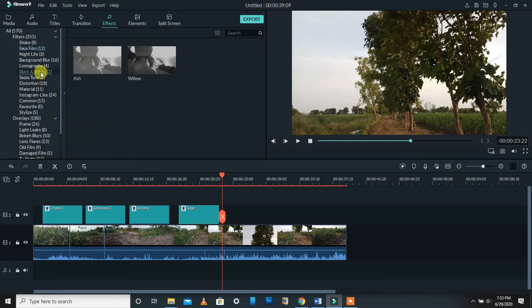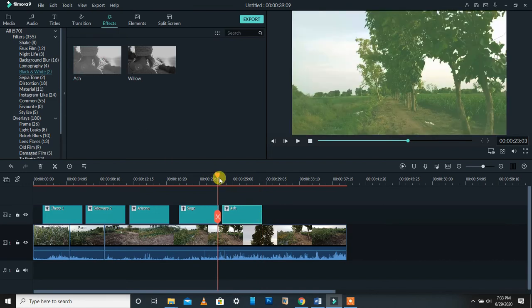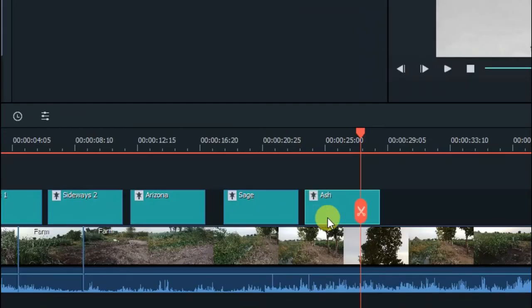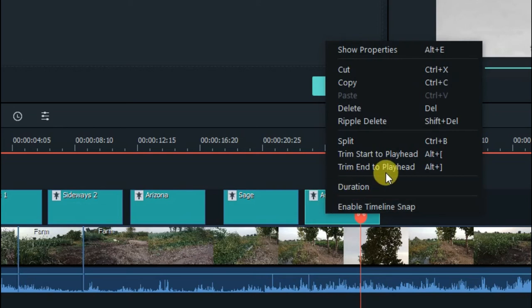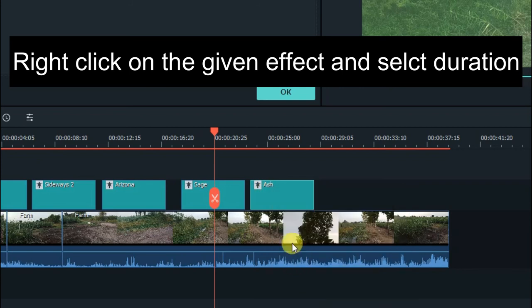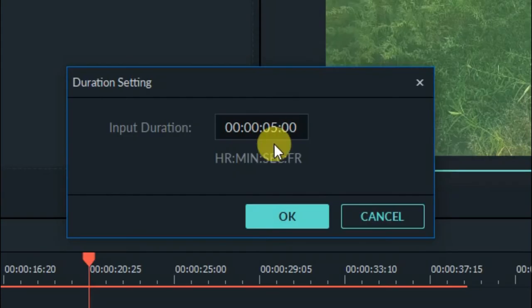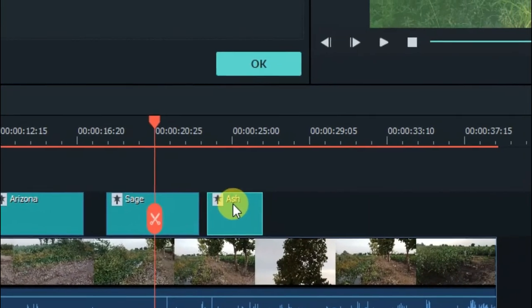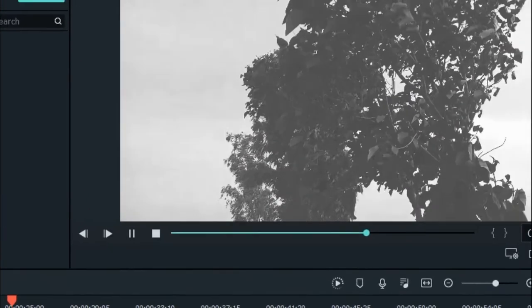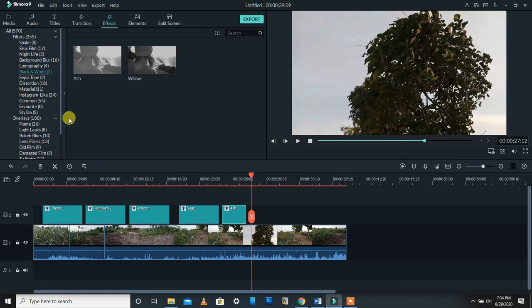If you want to see what are there under black and white effects, so we can see first we bring that effect over the video, and then after playing we can see the whole video is now becoming black and white. We can even change the duration. We can change the effect duration by going to the particular effect, press right mouse, go to duration, and now here we can change the duration from say 5 to only say 3 seconds, and then OK. We can see that effect has now been reduced in terms of time. So this is the way we can see and apply various effects.